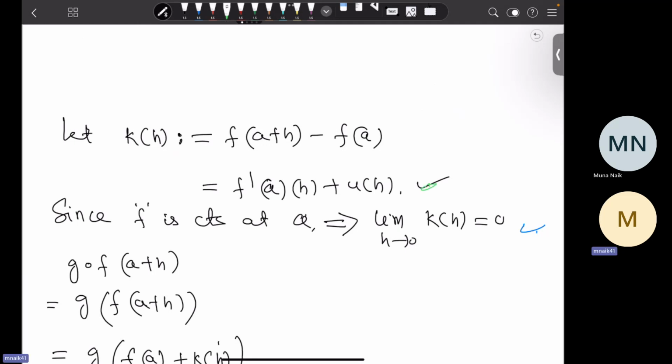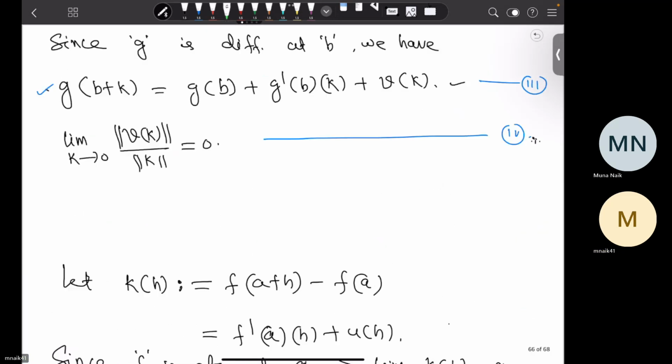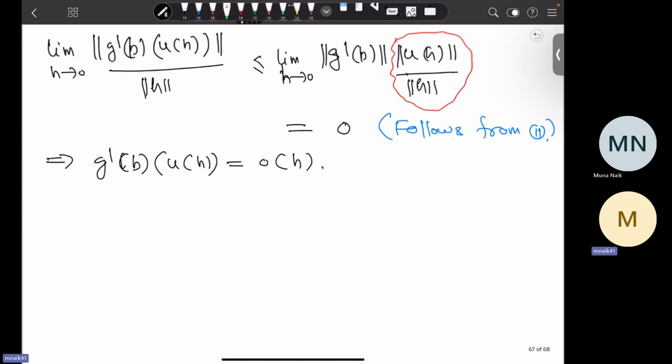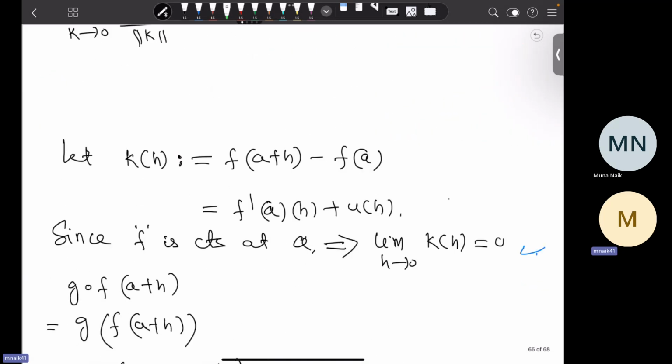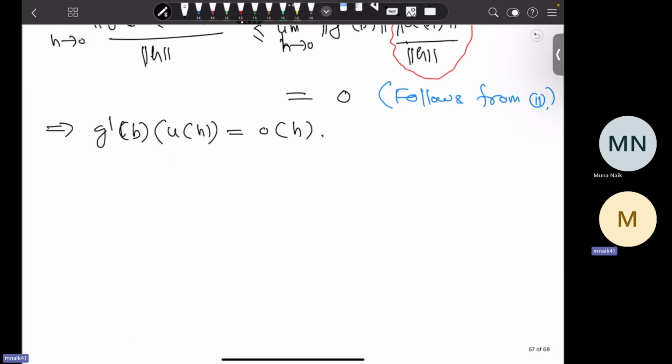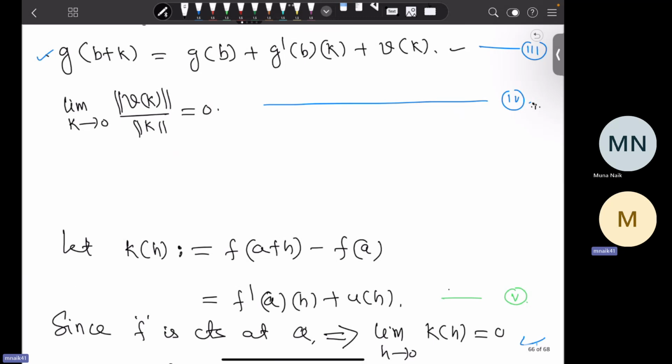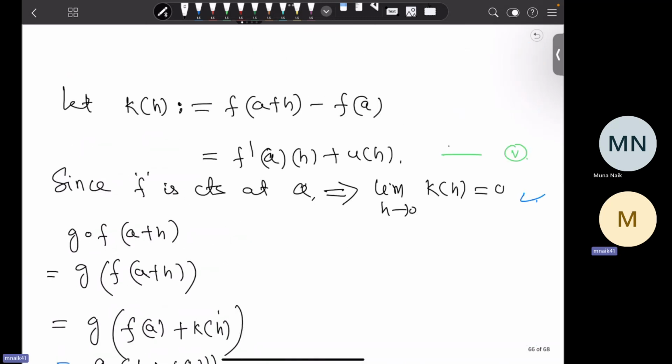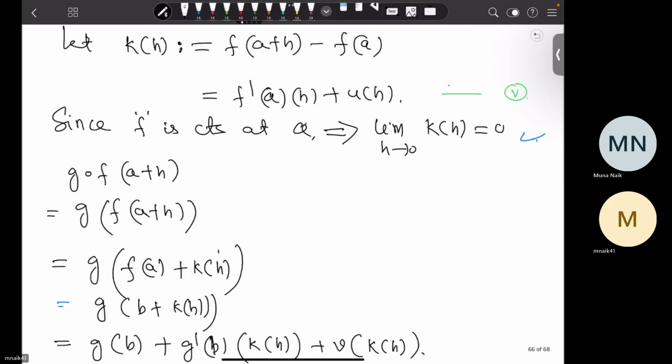I can call this B. So from B it follows that this, the norm of kh,